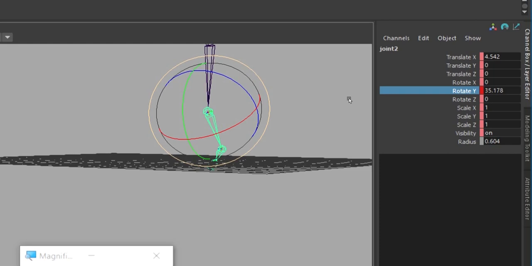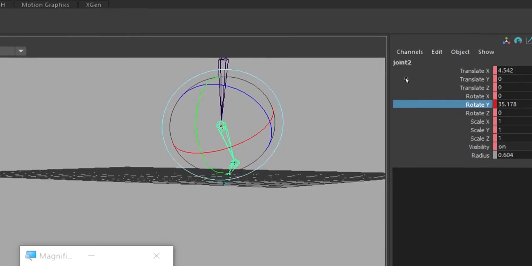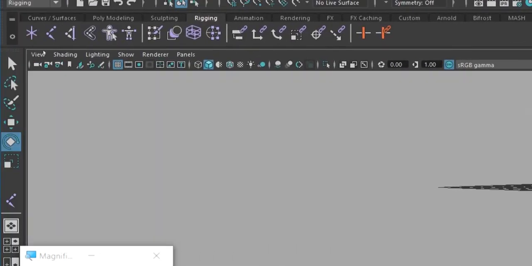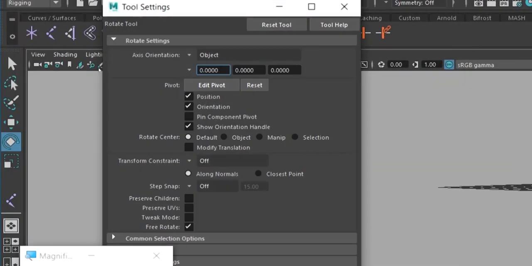So keeping all these things in mind, I'm clicking here. It is a general tool for rotation. When I go here and take the toolbox again, I change this axis orientation from object into gimbal.